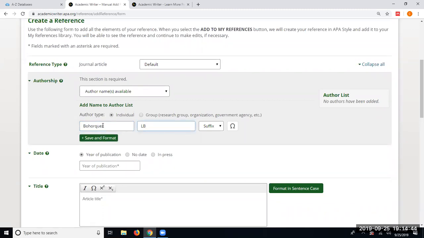Also, in that authorship, I always forget to point this out, but in that drop down, you can also select if it's an organization author. Right here, group, yeah, there it is. So if you have a group author like the American Psychological Association, you can choose that and then type it into the box. I'm going to go with